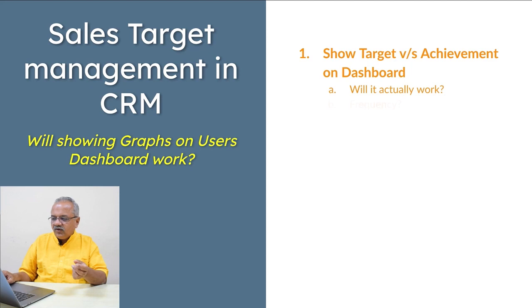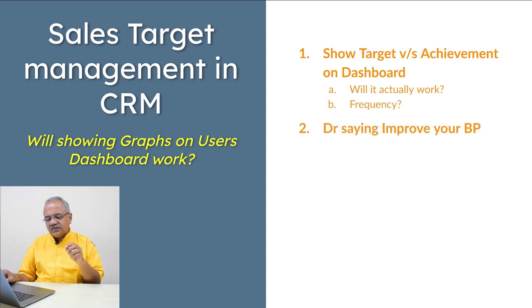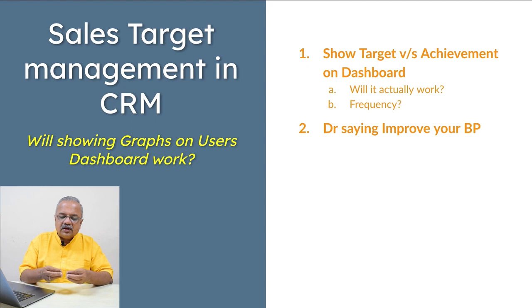Secondly, experience and research also says something different. If we focus more on lead indicators rather than lag indicators, then there will be a difference. What it means is this: if we constantly badger our employees, see, your target was this and you only achieved this, how can this continue?